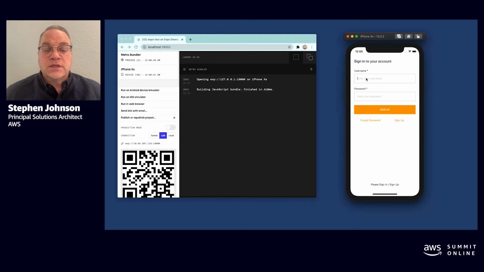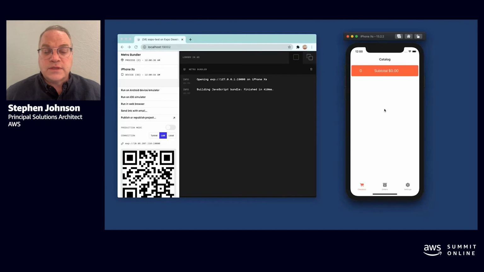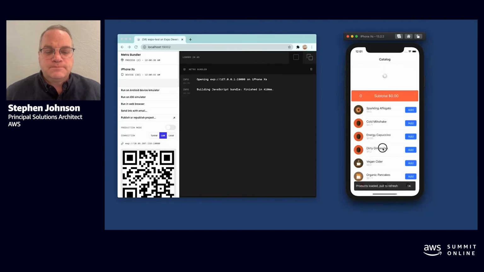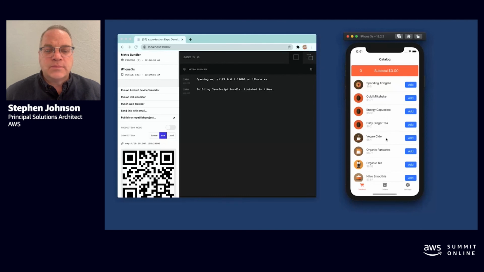So you can see immediately, because we have authorization enabled, it pops up a login. I'm just going ahead and using a login that I've created previously. And once I'm in, we see nothing, because this is the catalog page. We haven't created any products yet, right? So let's go to settings. We created that create dummy products button. And once I click the button and refresh, you can see some really interesting menu items here.